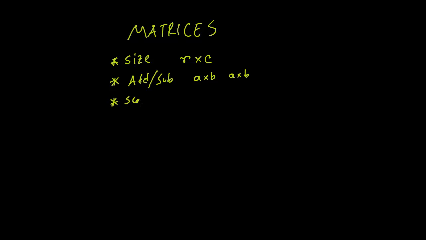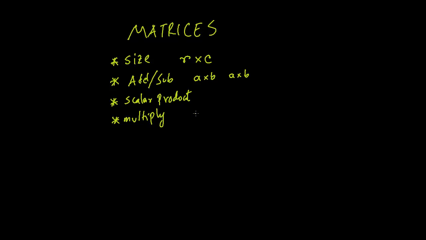Next, we have the scalar product of matrices. Here, the size of the matrix doesn't matter. You just multiply the matrix with a number. Then we have the multiplication. How do you multiply